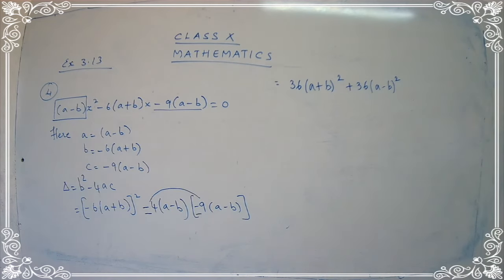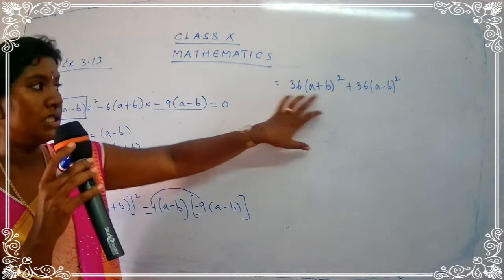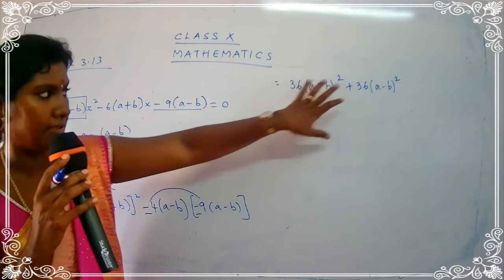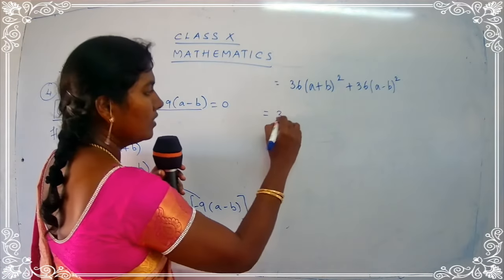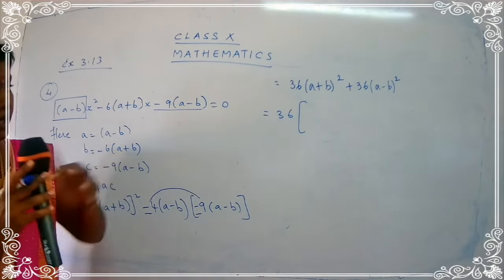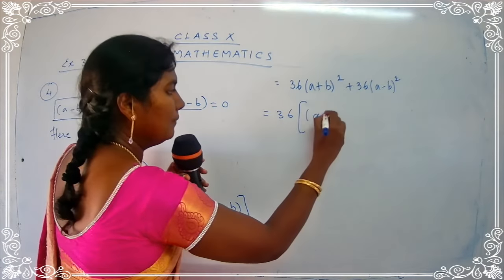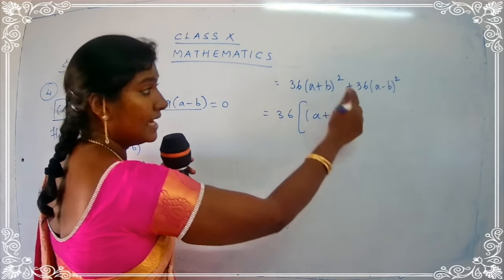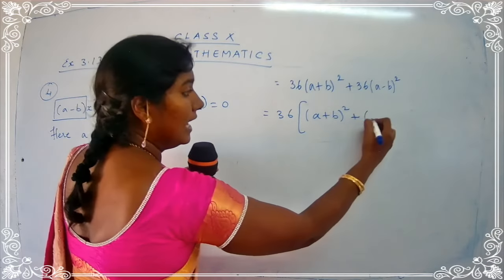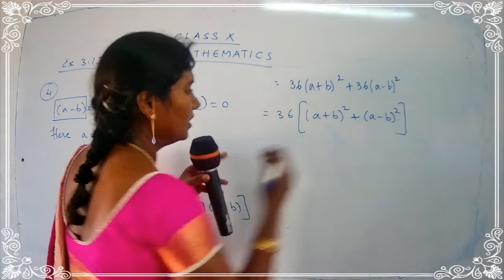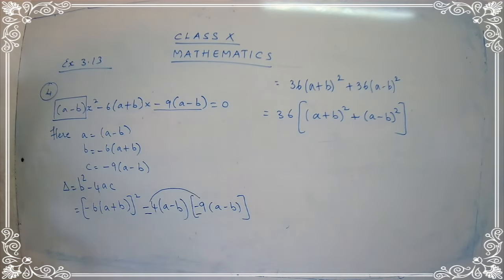Okay. Now let's proceed with the sum. So what I am going to do here is, I am going to take the common number or the common term. What is common in both the terms? 36, 36. Take 36 common. So once you take 36 common, what is left here, children? What is left here? A plus b the whole square. Okay. A plus b the whole square is left. What is the main sign here? Plus. What is left here? A minus b the whole square. So 36, a plus b the whole square plus a minus b the whole square. Clear? So I have just taken the common part 36 out.